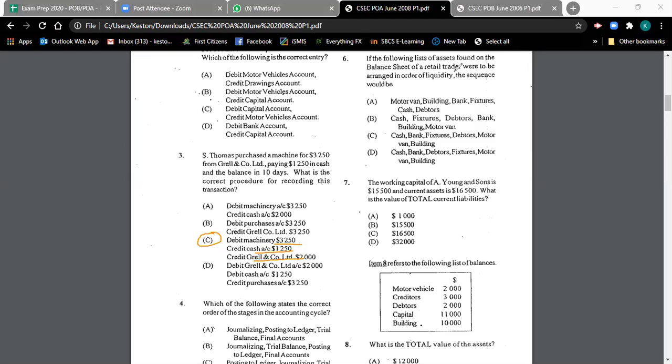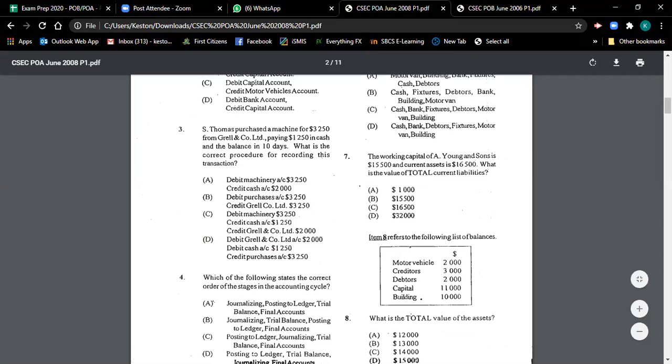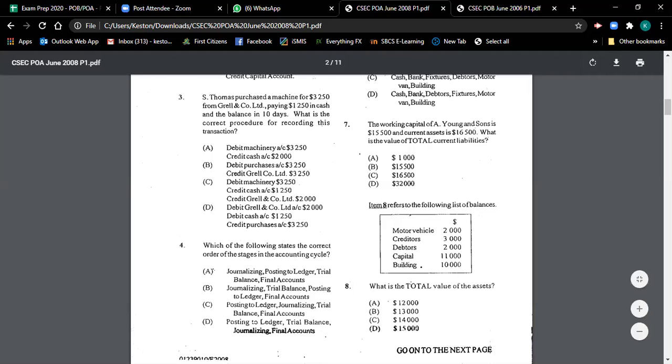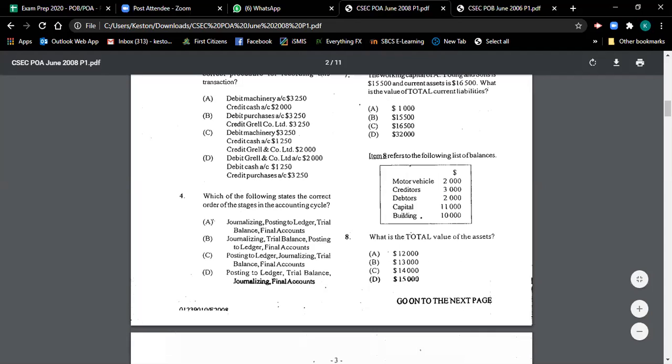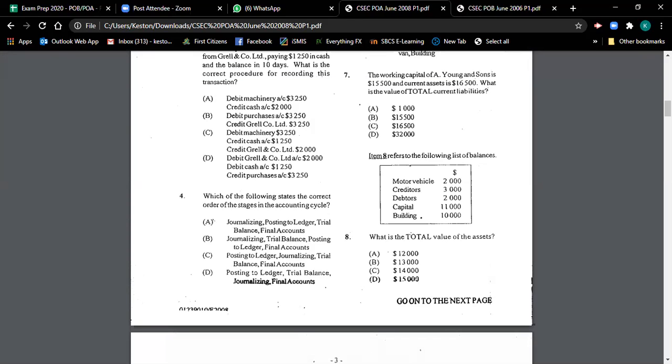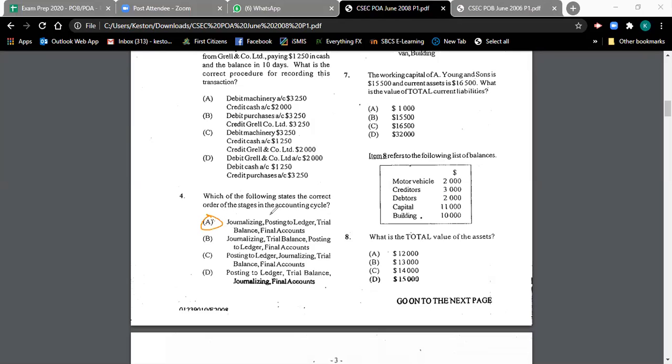Number 4. Which of the following states the correct order of the stages in the accounting cycle? So we had a journal first, then we do what? Post to the ledger, then trial balance, and then final accounts. So A, right? Remember, after you go to the journal, the next thing you have to do is post to